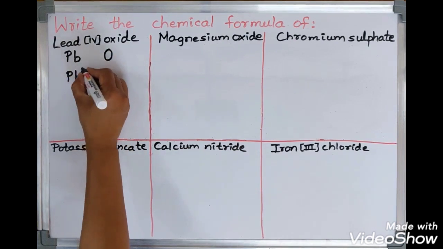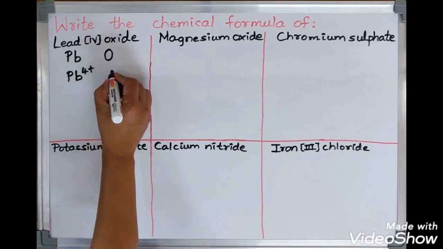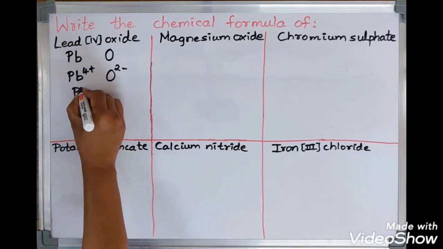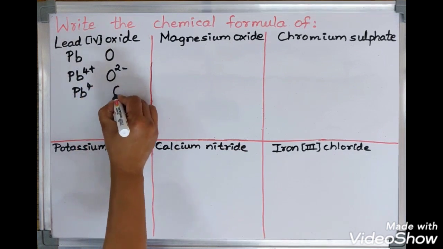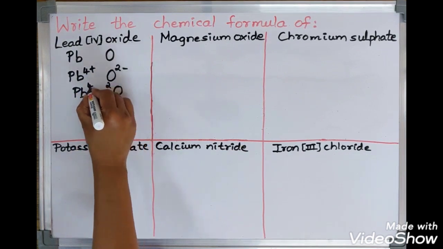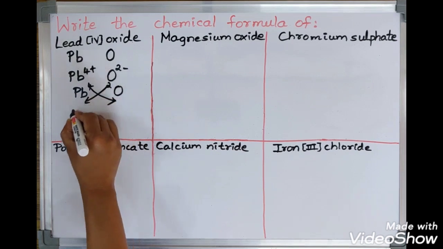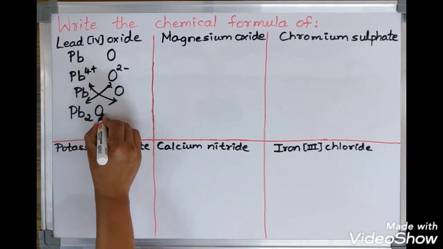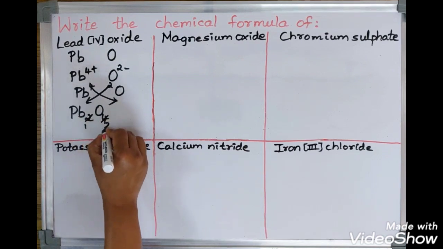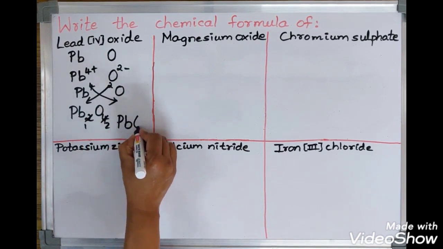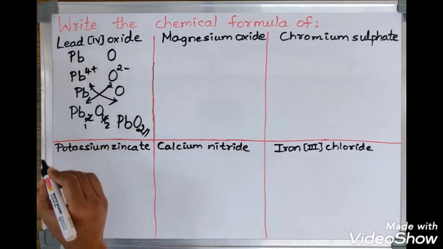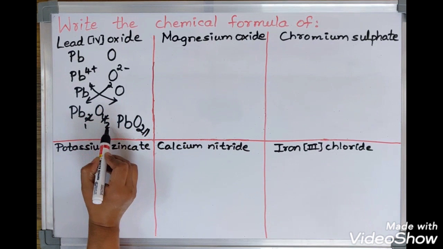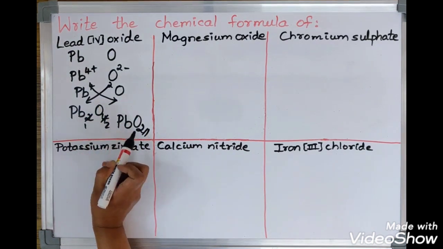In the next step, we write the valency number Pb4 plus, O2 minus, and when we interchange, we ignore the signs and we bring the superscript to the subscript. We get Pb2O4. Then the final formula is PbO2. Now you know, because we have valency number 2 and 4, we are simplifying using a common factor, and hence